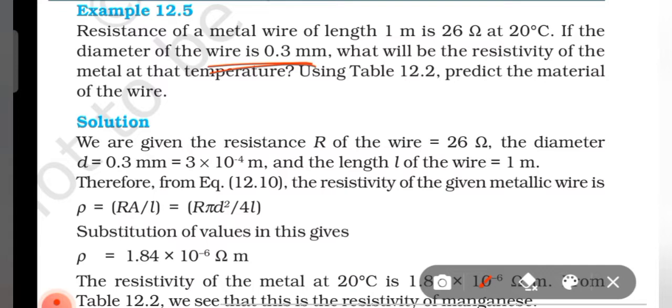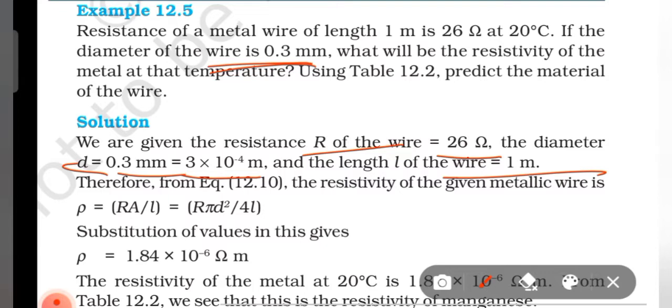So here R is given, 26 ohm. Then the diameter of the wire, that is D, is 0.3 mm, and you will convert it into meter. If you want to convert mm into meter, you will multiply it with 10 to the power minus 4, so it will be 3 into 10 to the power minus 4 meter. Then length is given, 1 meter. And according to the law,